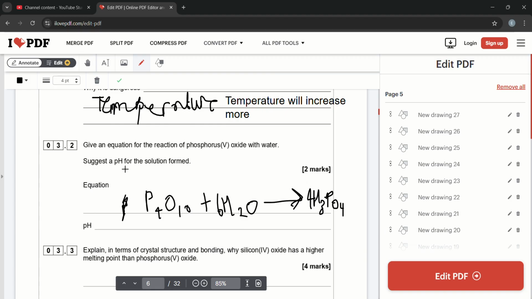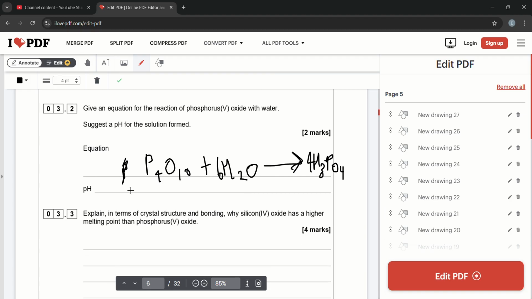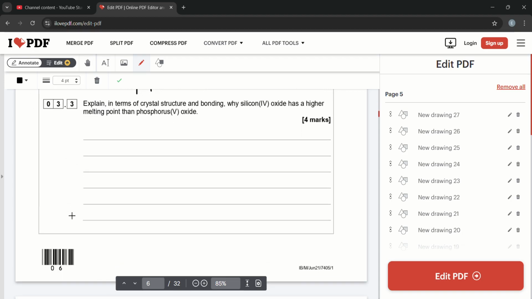And then suggest a pH for the solution formed. Well, let's just say +1. -1 to +1 should be fine. -1 to +1. And then it says,